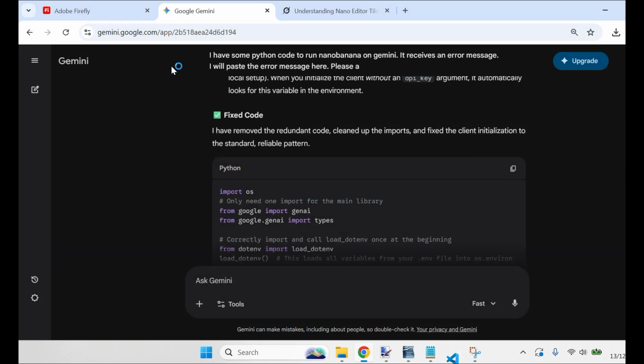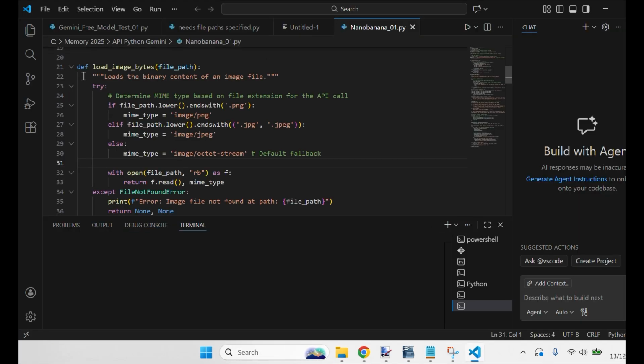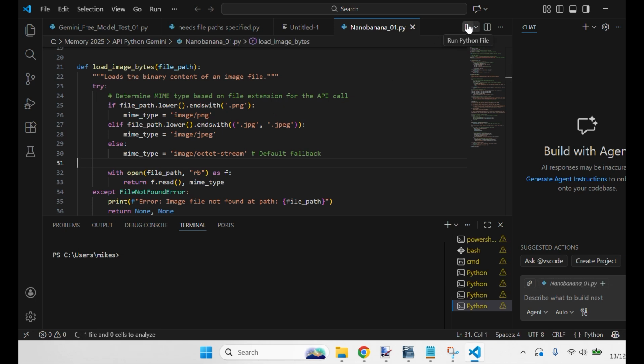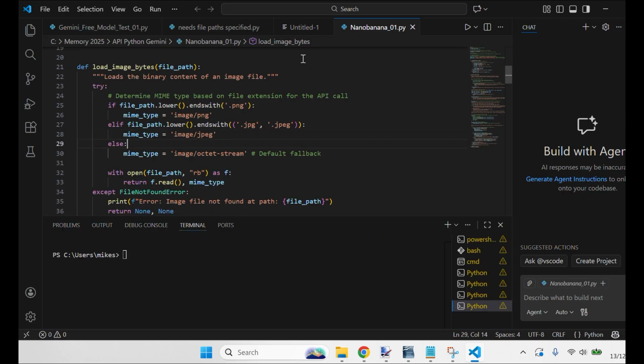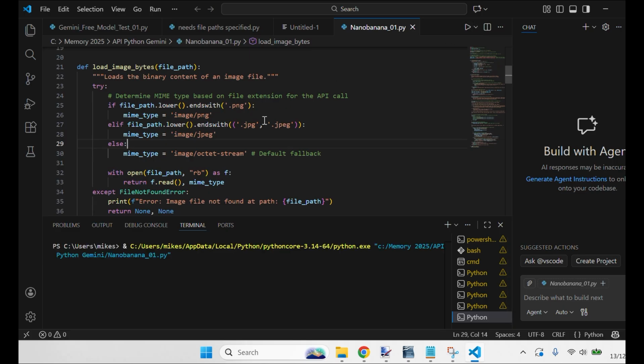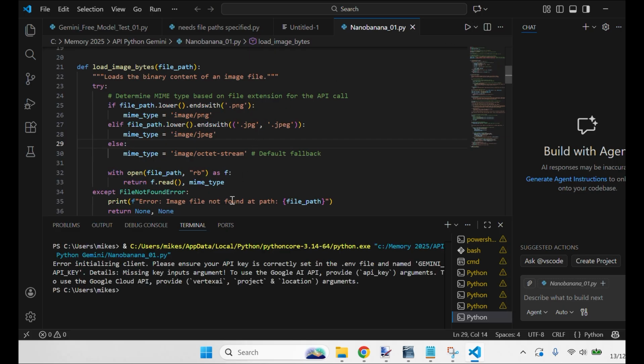Then I'm going to exit everything so that when I reopen, there'll be less mess everywhere. And then I'm going to try running it again. It seemed to be doing something at the bottom of the screen. That seems to be finished now. Problems, no problems. Okay, I'm going to click run. So what I'm going to do is I'm going to stop recording because I don't want you to see my API key, but